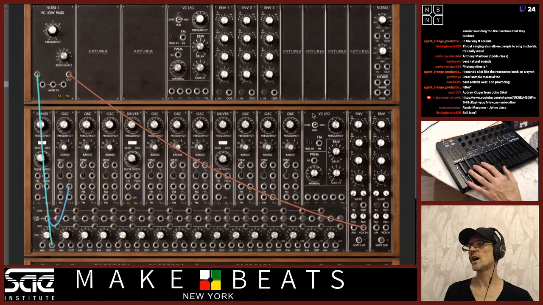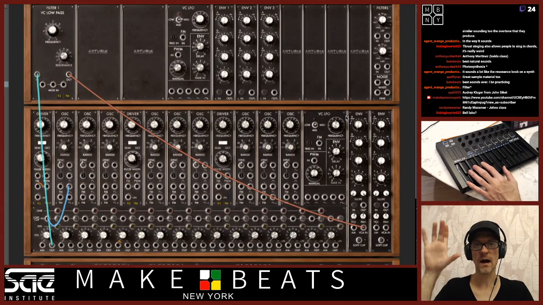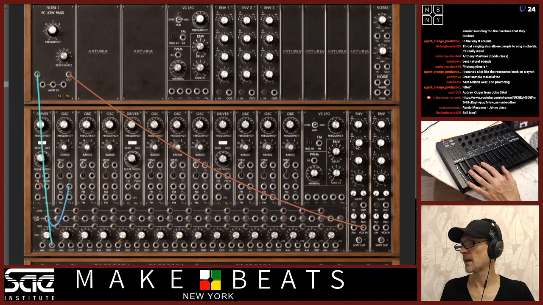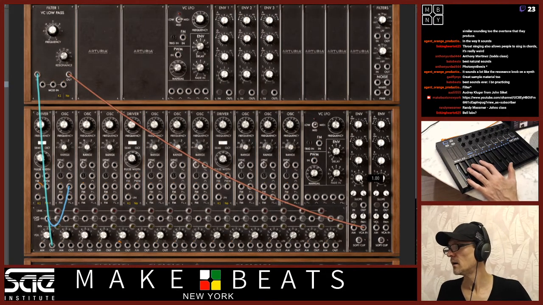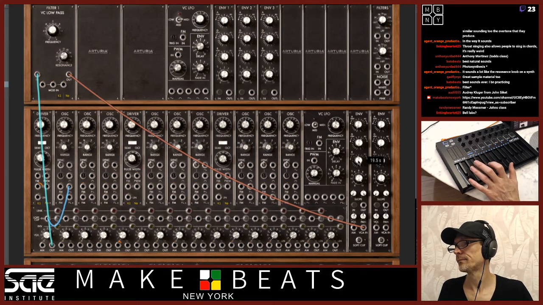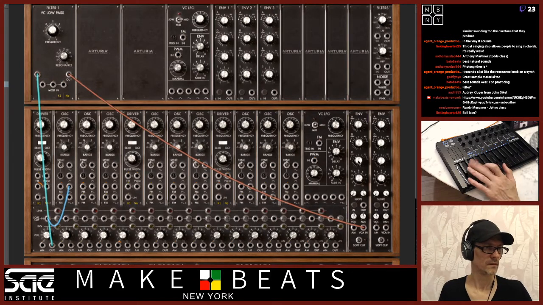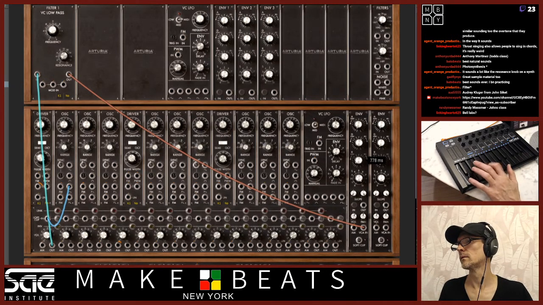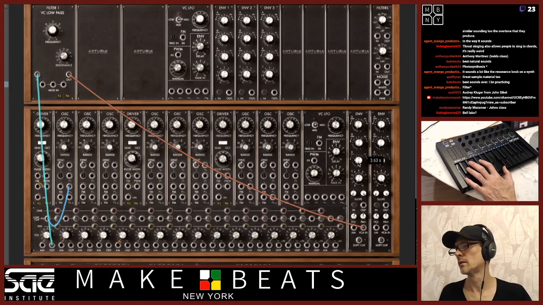if I wanted to adjust the envelope of the sound, I can go over to my amplifier envelope here. Right now I've got attack, decay, and release. If I turn this release up, and I turn my sustain down, it's just going to stop.